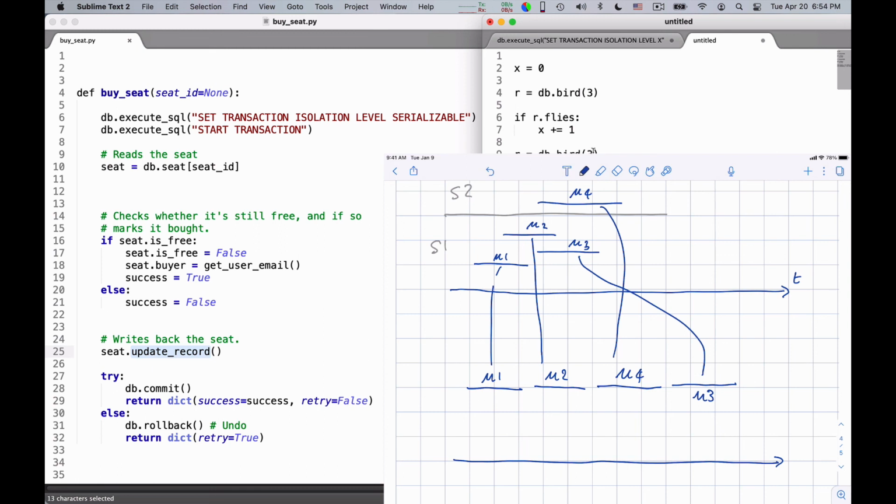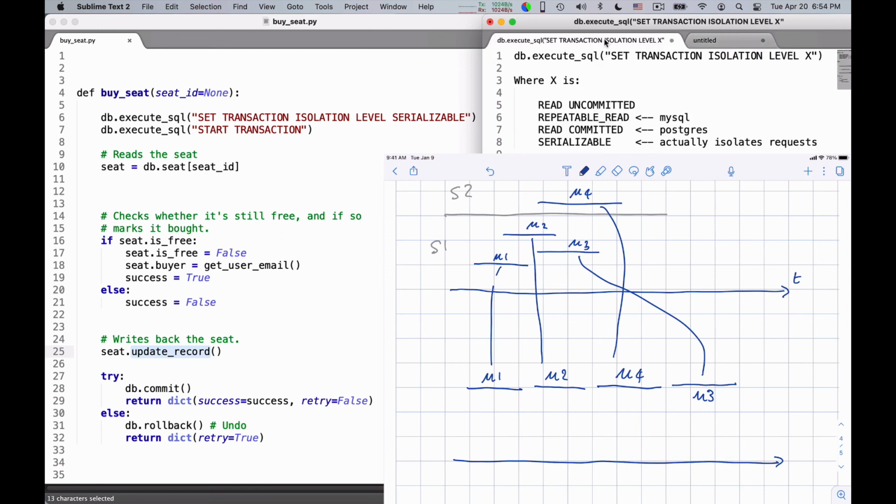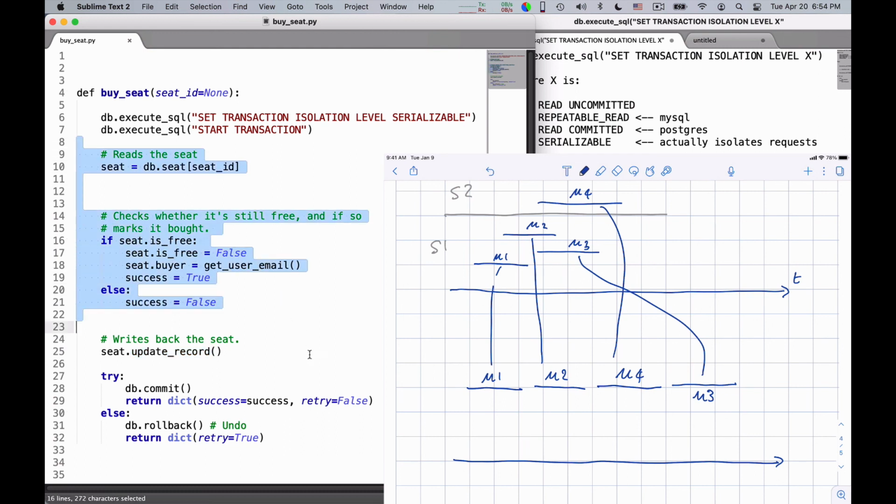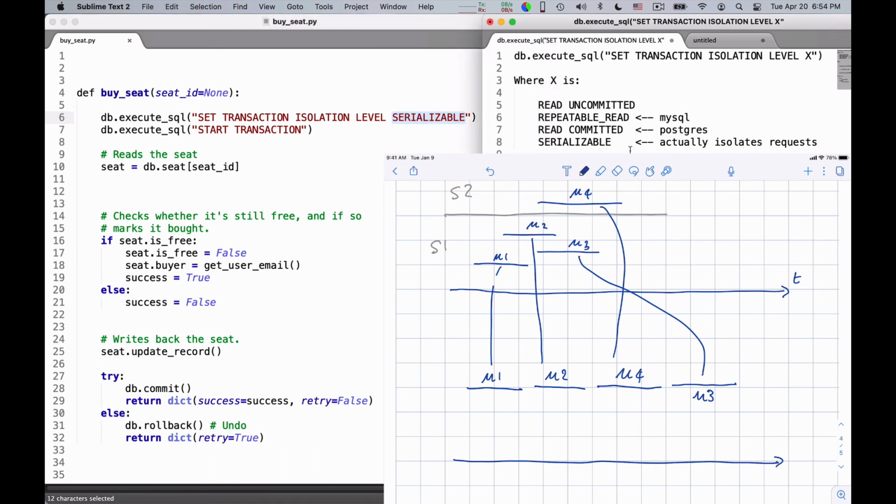Postgres does not have a repeatable read, but it has a read committed. So these were two different philosophical choices. And so again, this is a rule of thumb. When you process a request, you have to consider: am I doing a read-modify-write, such as this one, of shared information? If so, I need to protect it. If not, I can trust the default level of isolation of the database.